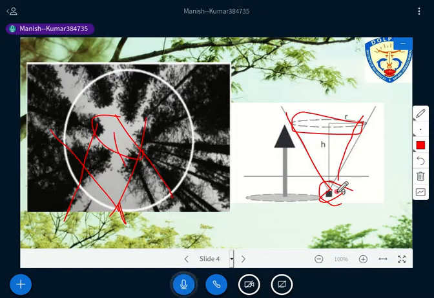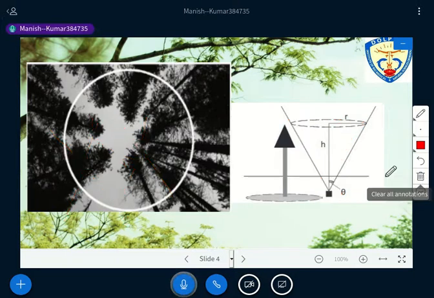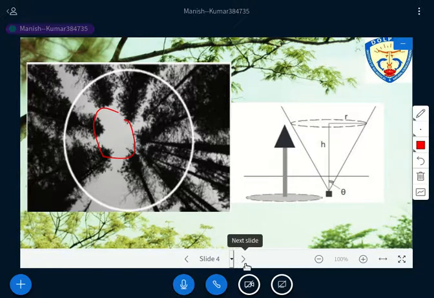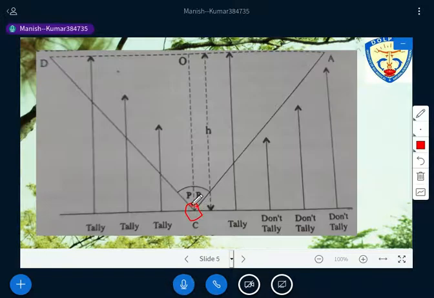You just look here again. If this is the sample point, you are standing here, and you are looking at all these trees in a 360 degree sweep. Is it okay? From one point you are looking at all the trees around your sample point. It means a totally 360 degree movement will be there. So this is the sample point, and all this 360 movement will be there. You just look, one cone has to be formed here, and this is the way to count the number of trees.